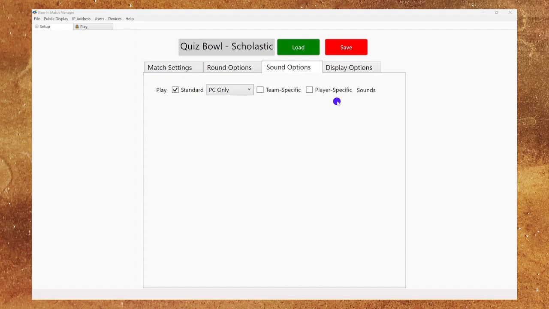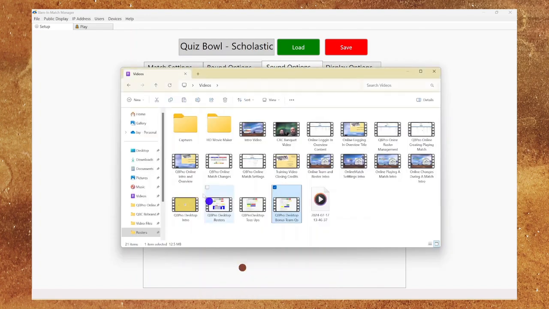And it also serves as kind of a recognition, and I know that's also important in National Science Bowl too. Team 1, player 3, or something like that. So in order to do that, you'll want to get a sound recorder, record those names, and save them into your sounds file. To show you where that is, we'll go into